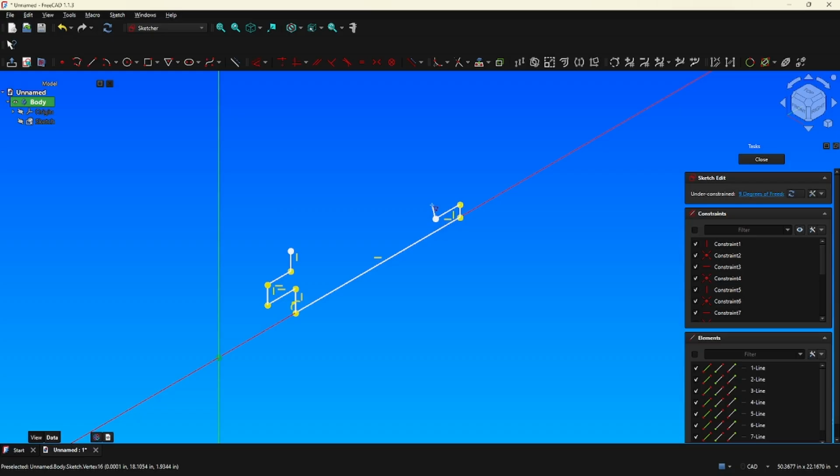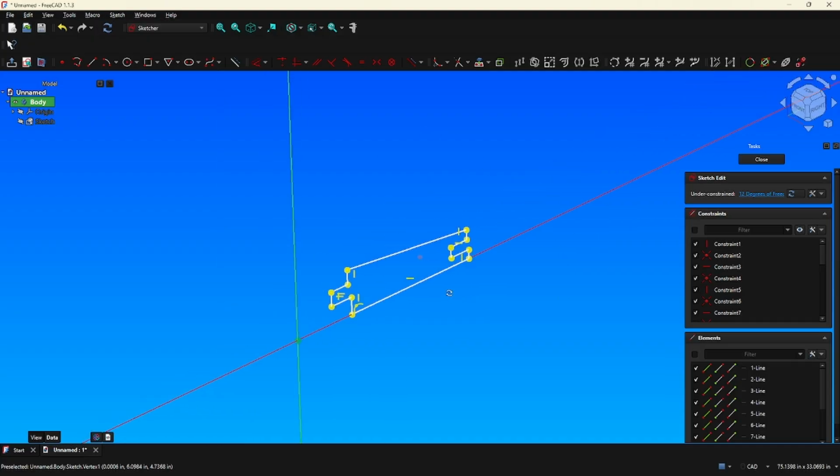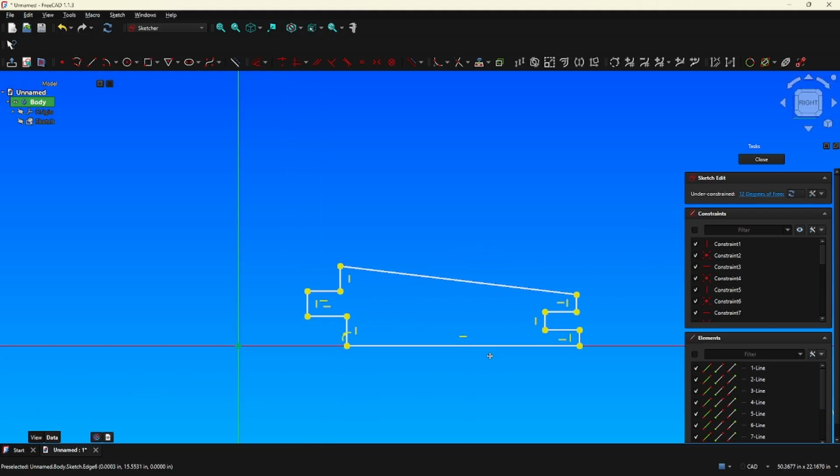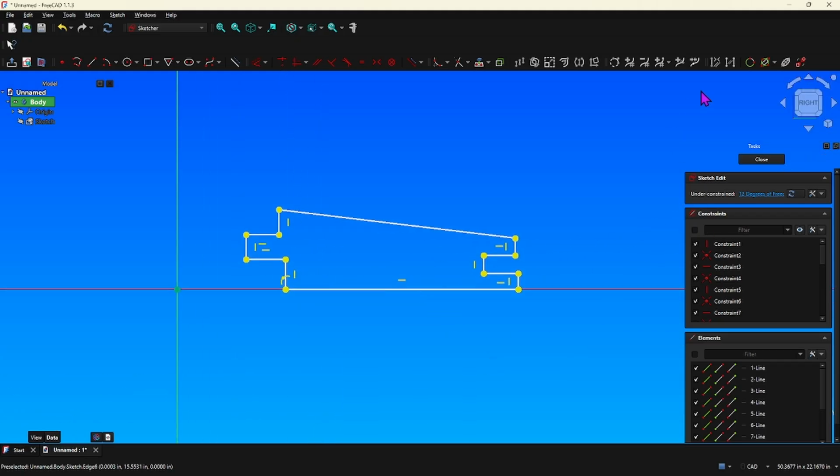And we are horizontal, vertical, horizontal, vertical, and then I'm just attached to that to close the loop. And what I'm going to do is just go ahead and select this in the upper right, select right so that we're looking directly to it. That looks pretty bad, doesn't it? But